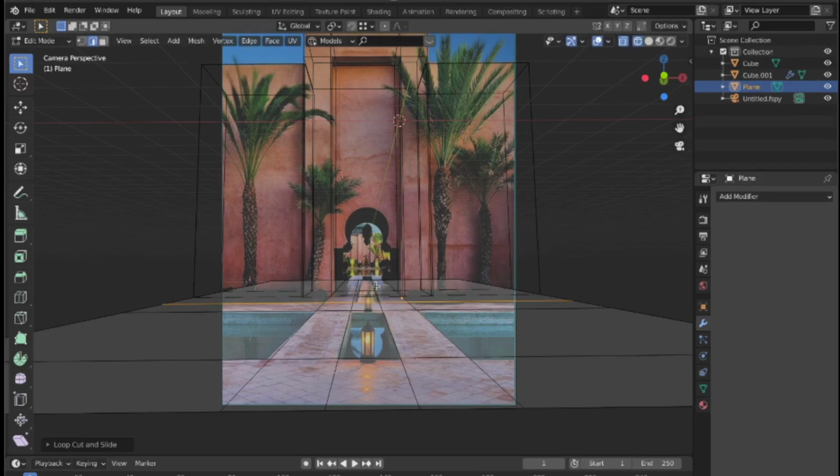So that was all for today's video. All the stuff was very basic. In the next part of the video, we are going to learn how to make the desert behind that arch area. We are not going to model the exact same thing. We are going to use some of our creative freedom and give it a desert look. Also, we are going to set up the basic HDRI and give it some proper lighting.